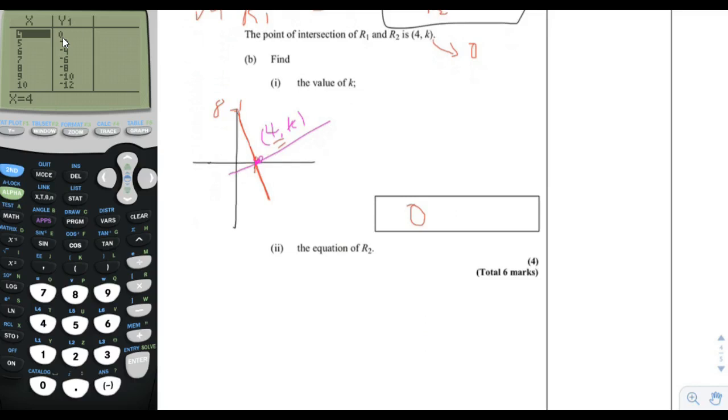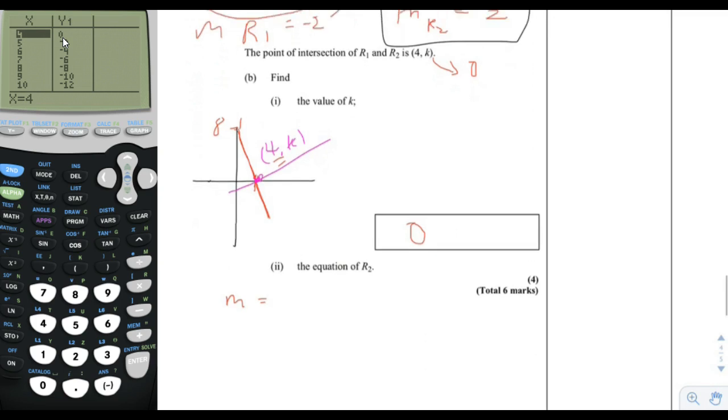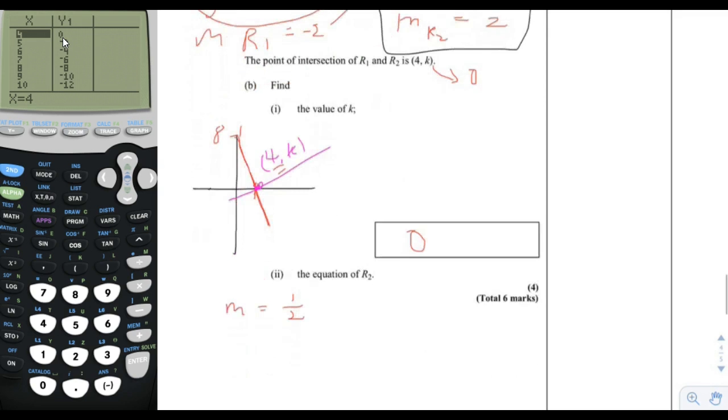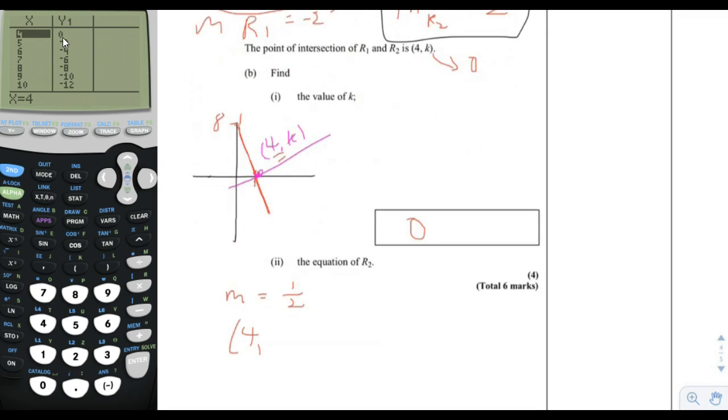What is the equation of R2? Okay, so now we know that the slope, the gradient for R2, is the negative reciprocal of the gradient of R1. So we know it's m equals 1/2. And what else do we know? We know that it goes through the point (4, 0). So with those two pieces of knowledge,